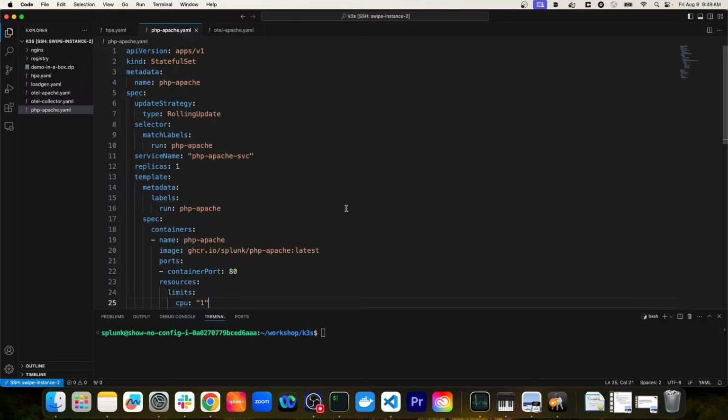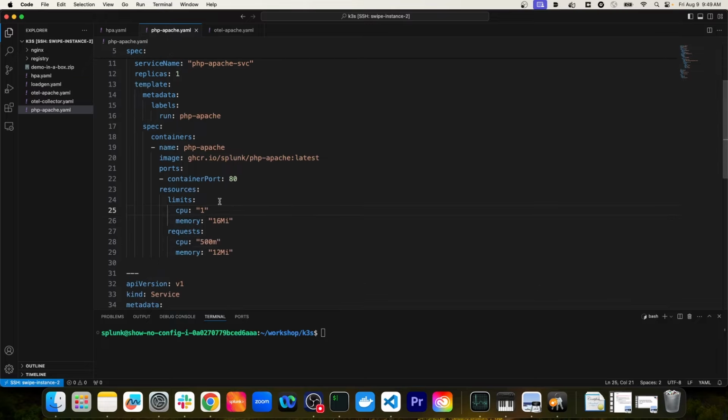Now, if I scroll down to the resources section on line 23, we can see the limits and requests specified for the containers that are going to be running in this deployment. So we're limiting the containers to 1 CPU core and 16 megabytes of memory. And then starting on line 27, we're guaranteeing an allocation of 500 millicores of CPU time as well as 12